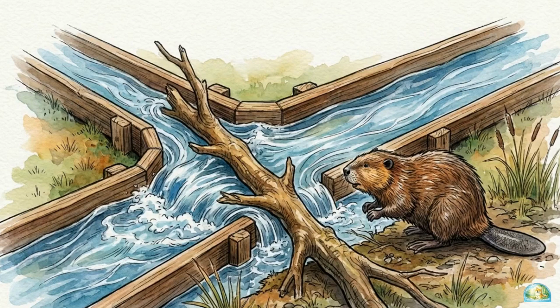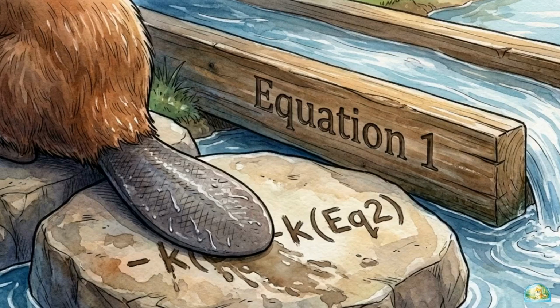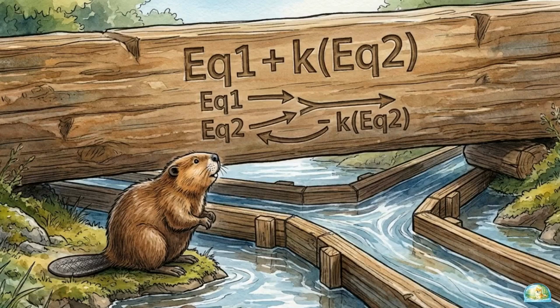We know this maneuver is safe because we can easily undo it. Since we kept equation 2 completely intact, we can simply subtract k times equation 2 from our new combined channel, and we instantly recover our original equation 1. Keeping EQ2 and replacing EQ1 by EQ1 plus k times EQ2 preserves exactly the same solution pairs, because subtracting k